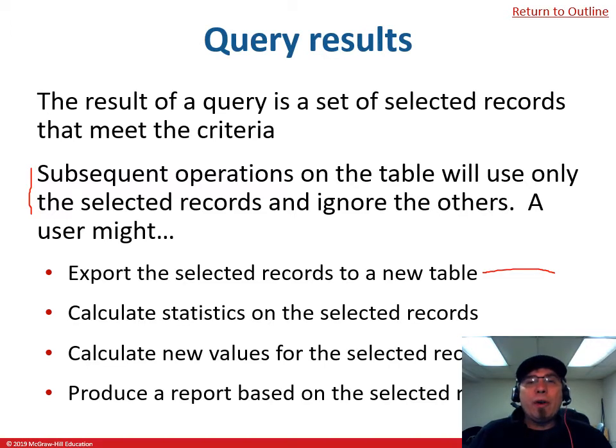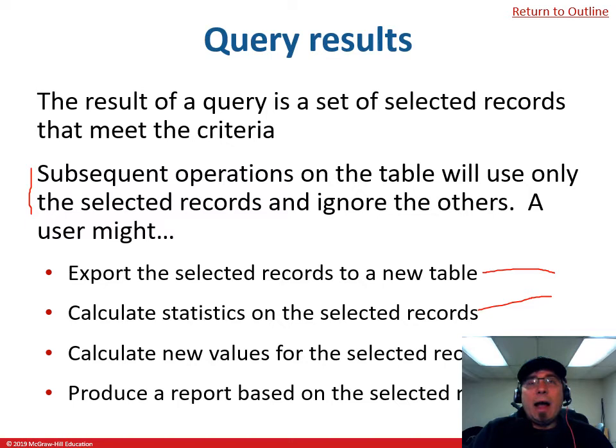So I will do a query of some sort. All right, and there's different kinds of queries. I will do a query, and then I will take that and export it into a new table. So I'm isolating it, I'm taking it out, and then just discarding what I don't need because I don't want to carry around everything I don't need. You can also calculate statistics on these new records. Again, that goes back to this rule up here. Once I have something highlighted, any statistics I do are only going to be for the highlighted records, which is great because that's what you